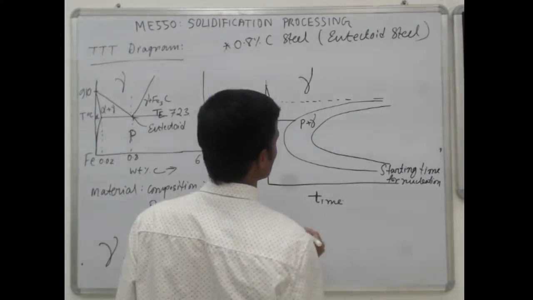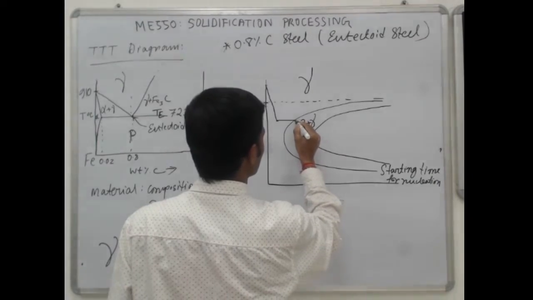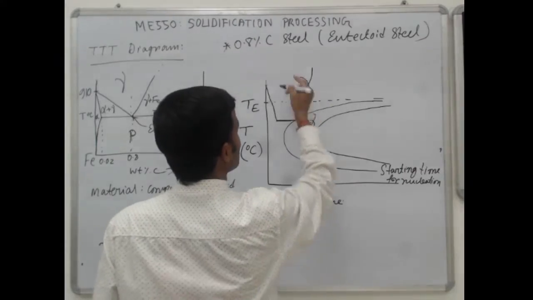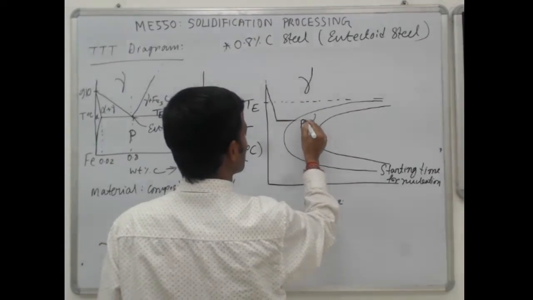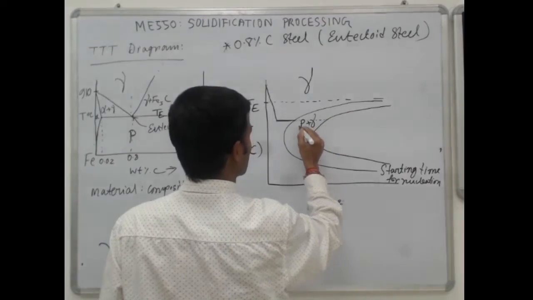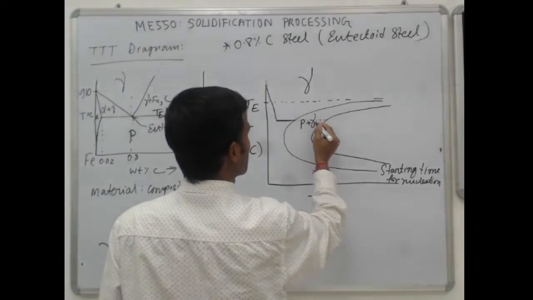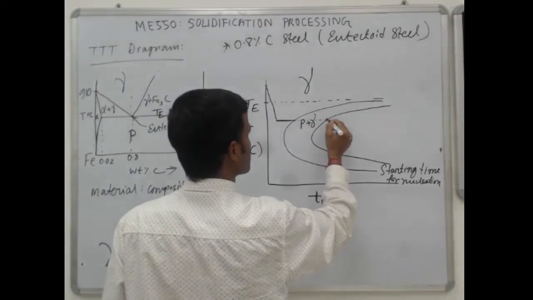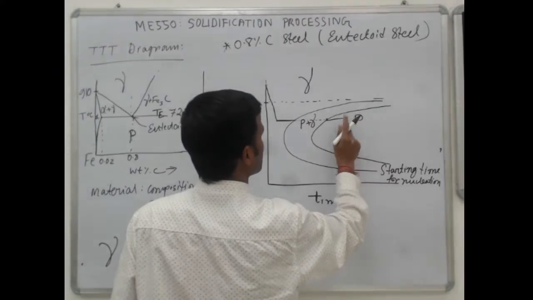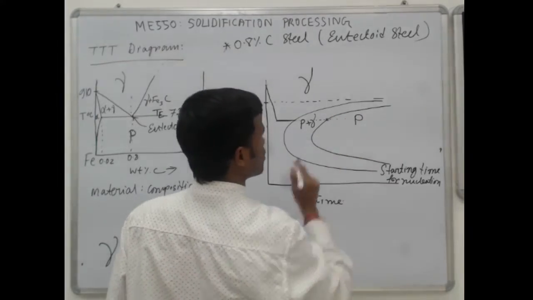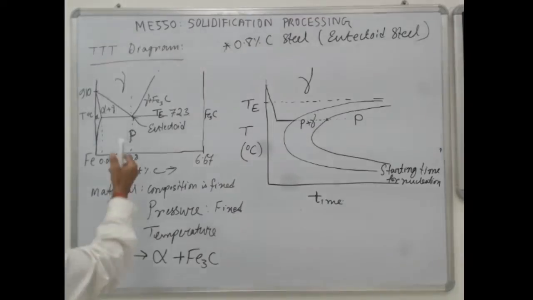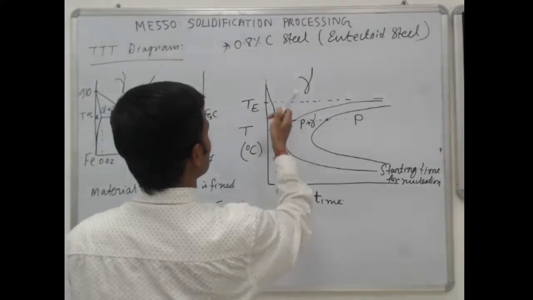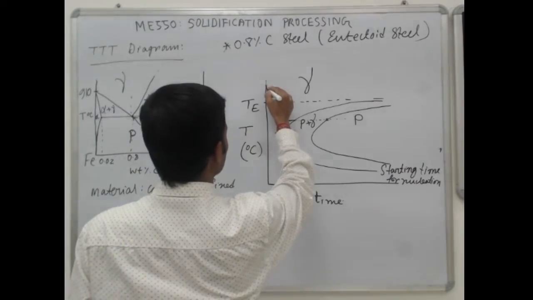Once you give it sufficient time, you keep on holding this material at this temperature. With time the percentage of pearlite will increase, more and more gamma will be converted to pearlite, and after this amount of time you will have all pearlite on this side. So now what happens if you come down this way,